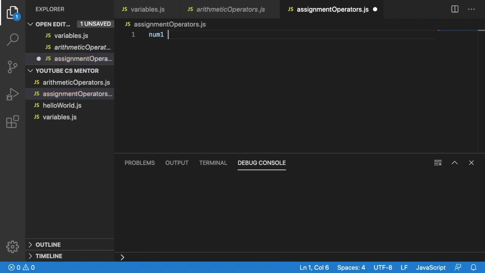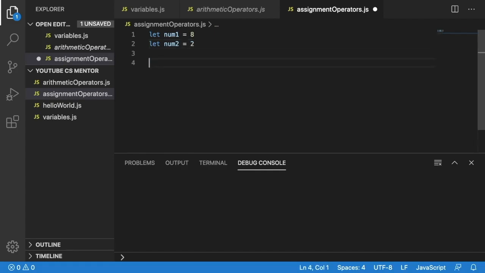So we're going to say num1 and we're going to let it equal 8. So we'll type in let num1 equals 8, and I'm just going to copy this line and paste it down on the following line. I'm just going to change this number 8 to number 2, and then change the name of the variable, because remember, we can't have 2 variables of the same name, so we're just going to call this